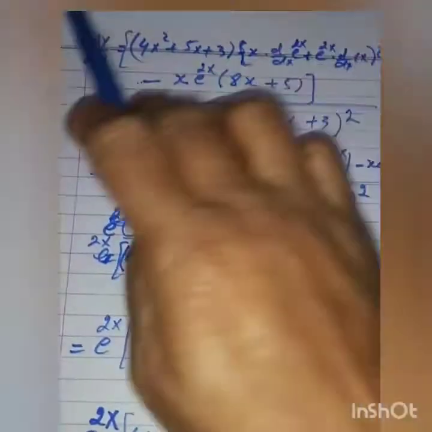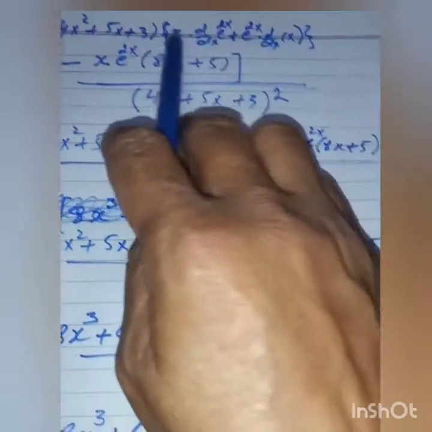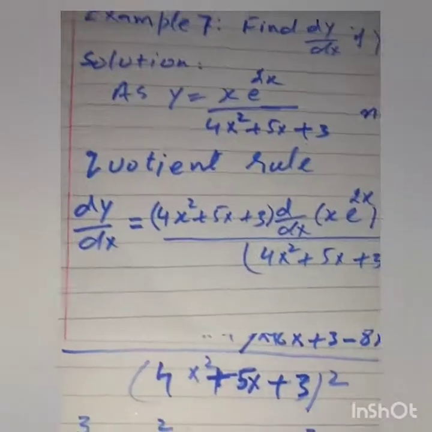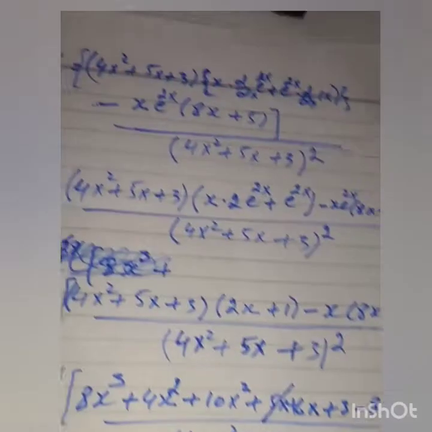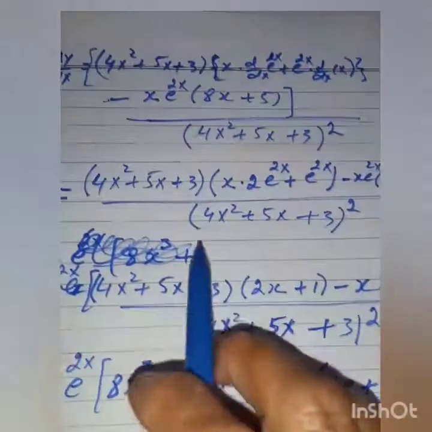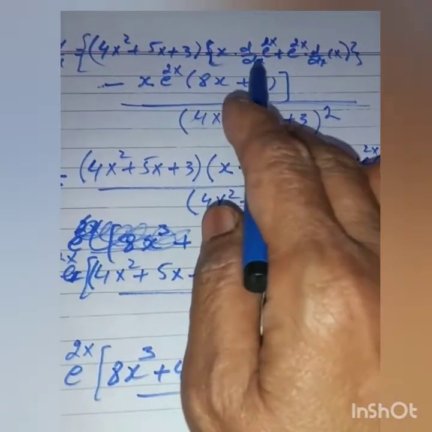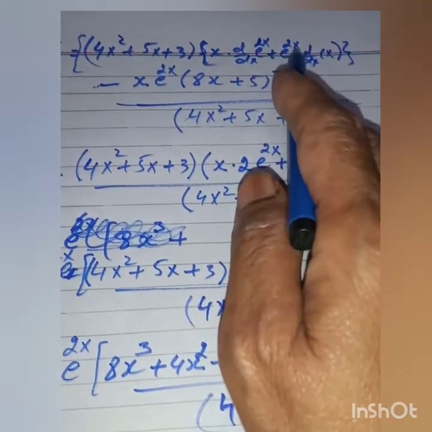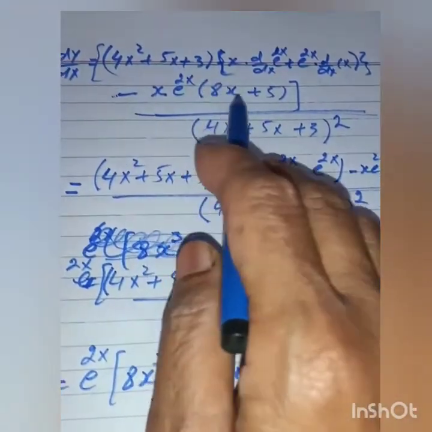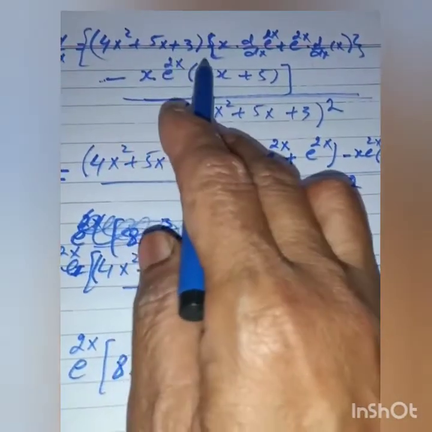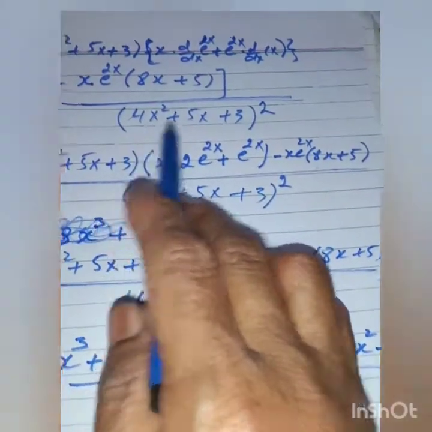Now d by dx will be equal to 4x square plus 5x plus 3 into the derivative. As we know, we have to take the derivative of x into e to the power 2x. So it is the product of two functions, so we use the product rule: first function x into derivative of e to the power 2x plus e to the power 2x into derivative of x, minus x e to the power 2x into the derivative of 4x square plus 5x plus 3, which gives us 8x plus 5,